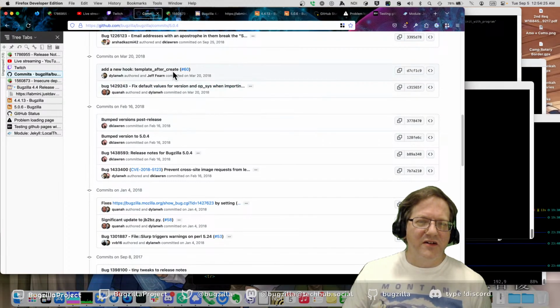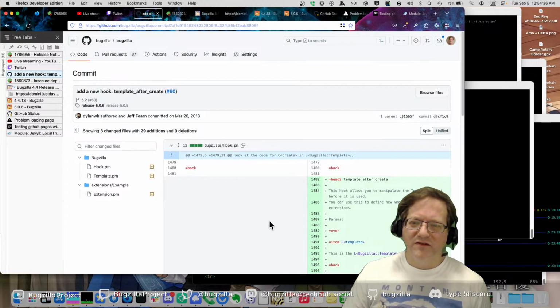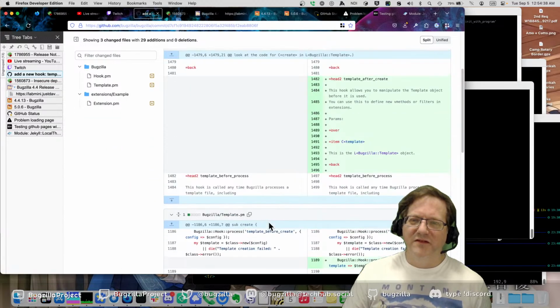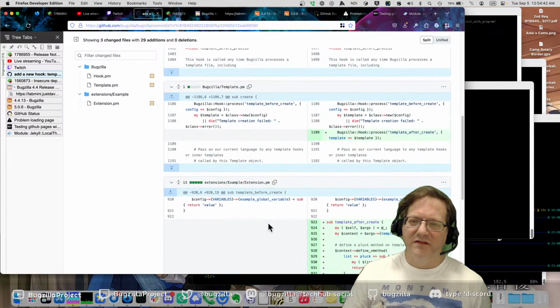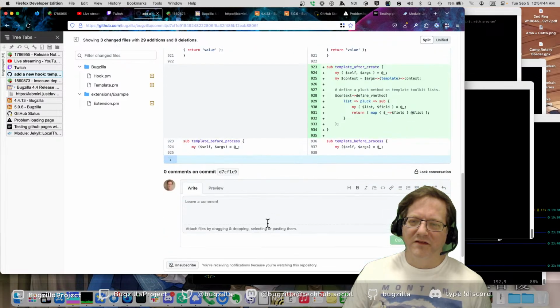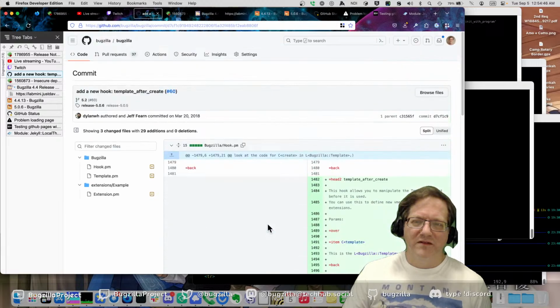Add a new hook. Why are we adding hooks on a stable branch? That is a feature edition.